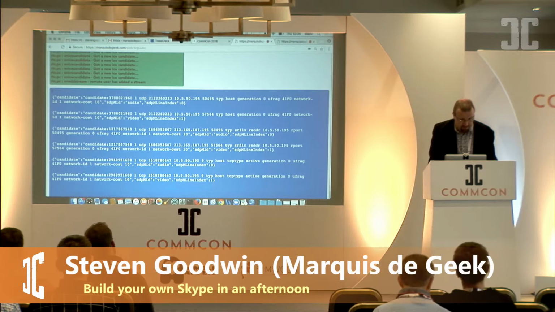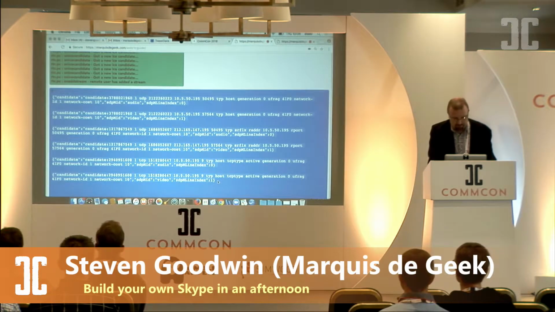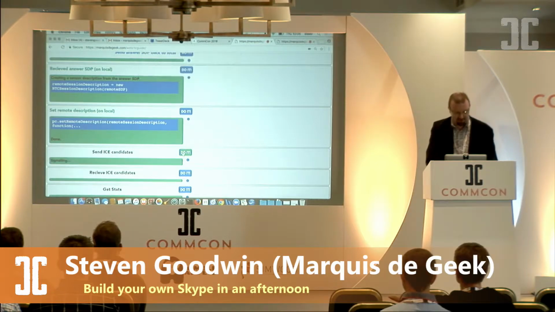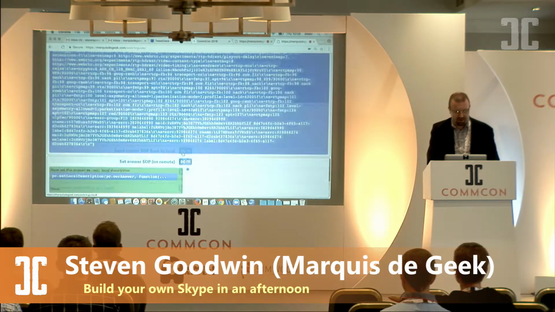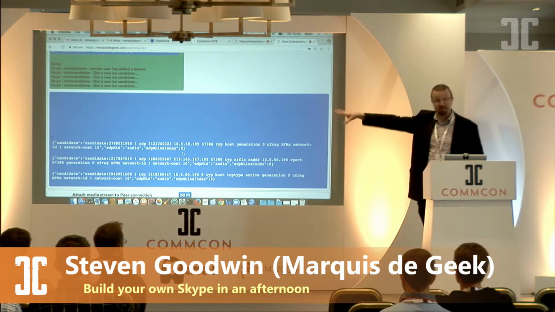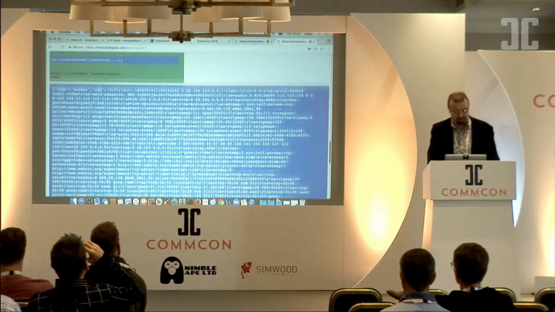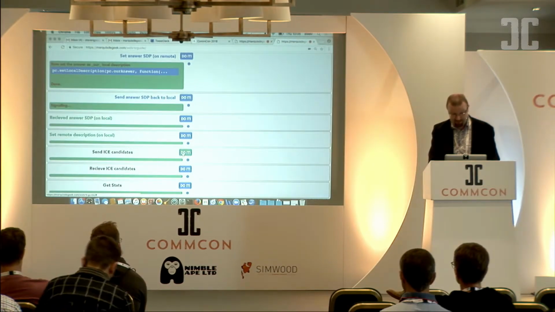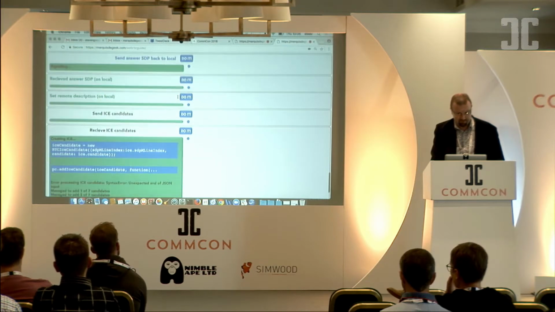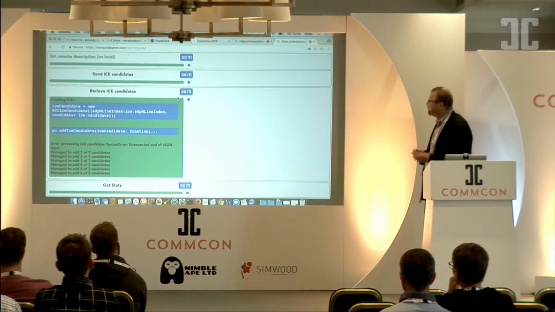So let me take those ICE candidates and send them via the signaling protocol of copy and paste to the other side. At the moment, these are the only ICE candidates the browser B, the receiver, knows about. That's fine, that's fair enough. But we'll give it some more ICE candidates. And it's added them in. Now,